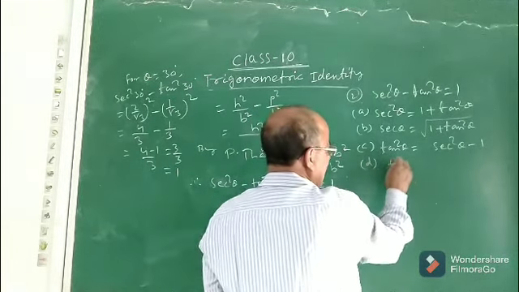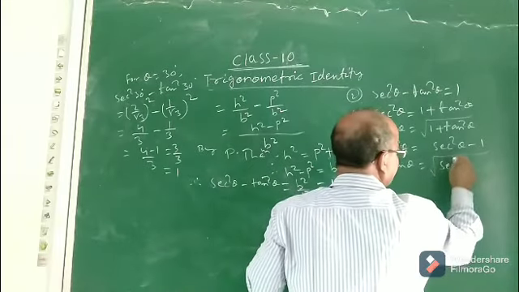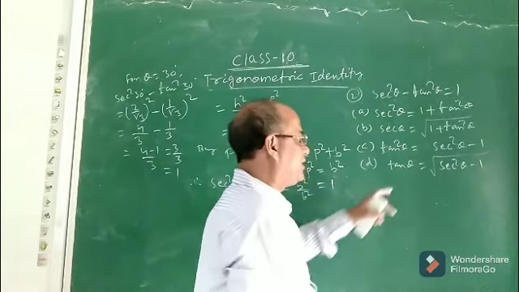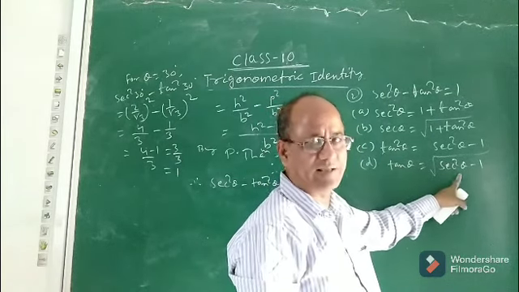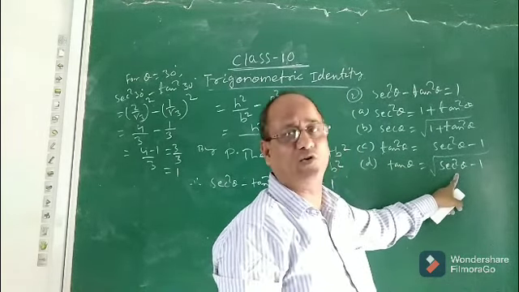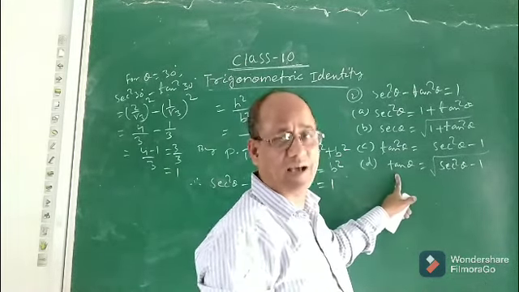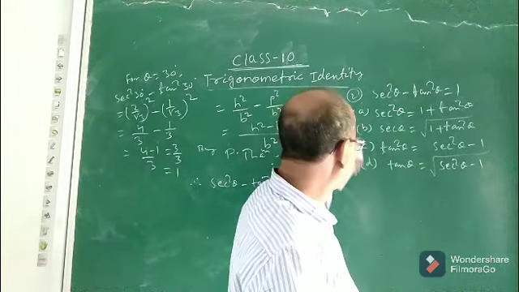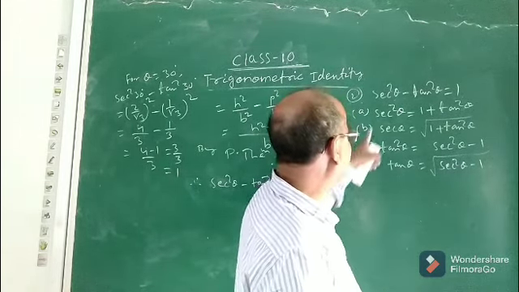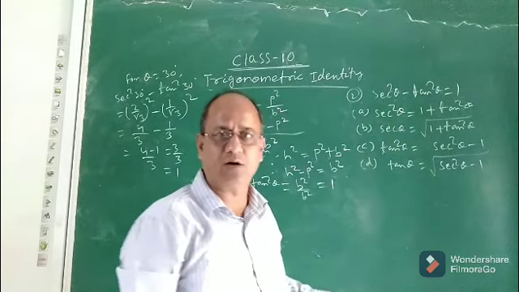And what will be tan theta? Tan theta will definitely be the square root of sec square theta minus 1. That means this is how to find tan theta when sec theta is given. If the value of the sec ratio of an angle is given, you have to use this identity to find the tan ratio. Children, these are also some sub-identities of this particular identity which you need to remember. Otherwise, you cannot do problems.